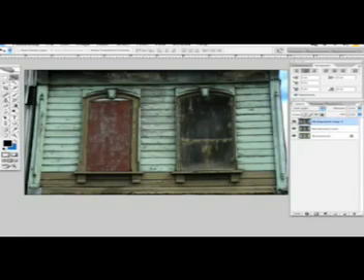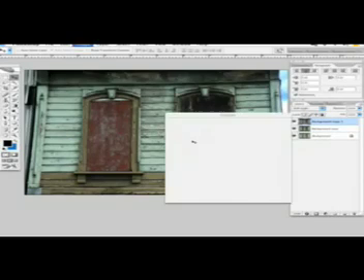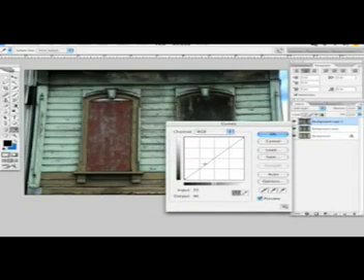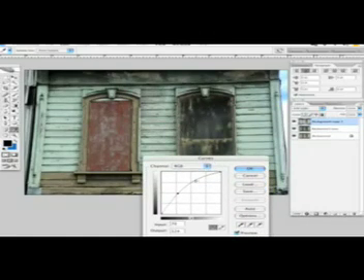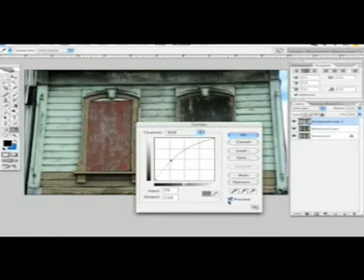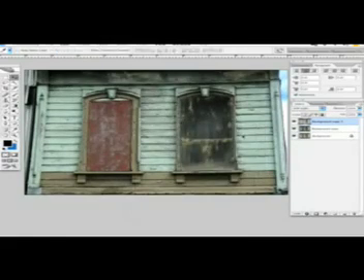Now we want to check how our editing is going. So you can see it looks very interesting. It's a little bit dark over here, so we're gonna hit the curves again by pressing Command M. This time we're going to drag it all the way to the other side. Here we can exaggerate a little bit more. Yeah, I think this looks pretty good. Alright, now it looks